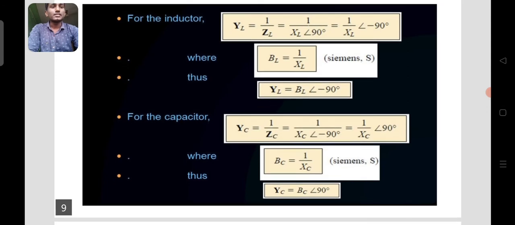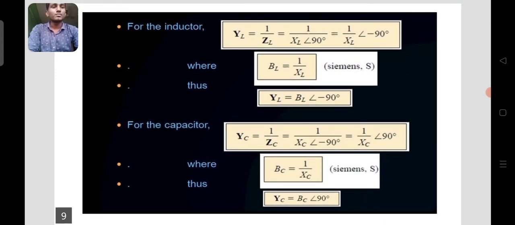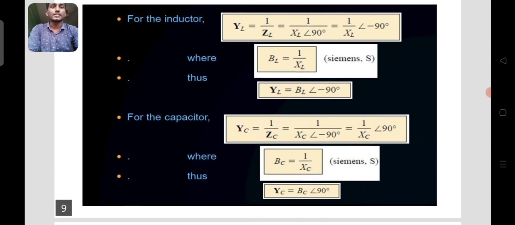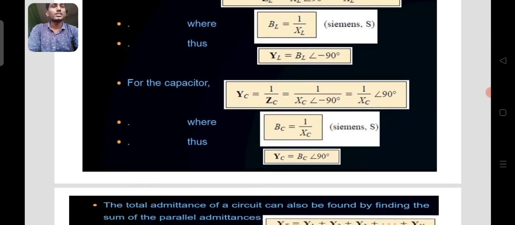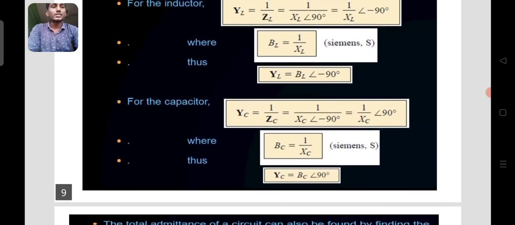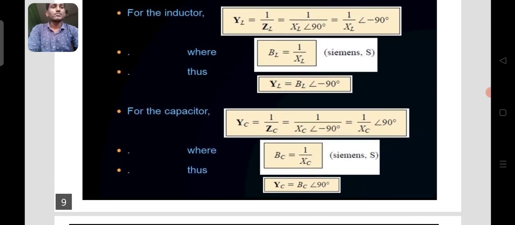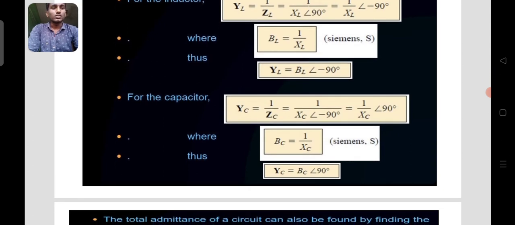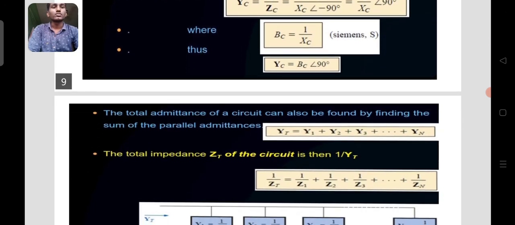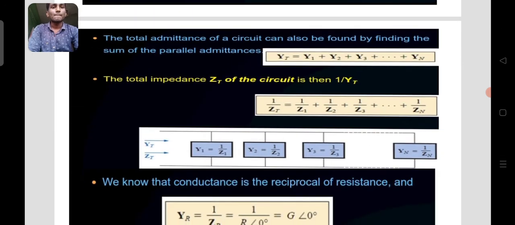So we get admittance equal to BL angle minus 90 degrees. And for the capacitor, YC equal to 1 by ZC equal to 1 by ZC angle minus 90 degrees, equal to 1 by XC angle 90 degrees. So at last we get the admittance of capacitance equal to BC into angle 90 degrees. So here you can see the formulas for